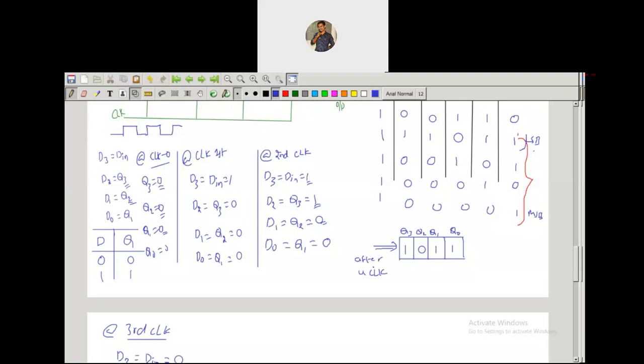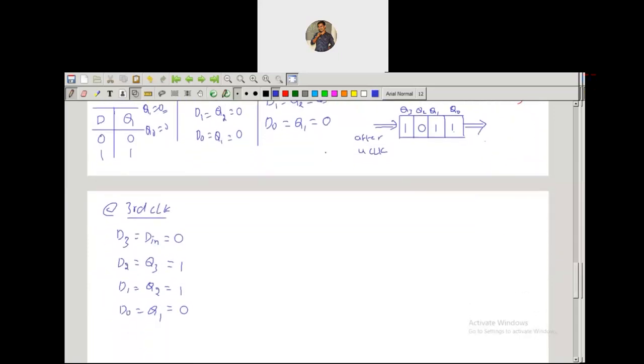Now after 7 clock pulses, you are getting the value, whatever given data is there, as serial output. This has to be extracted serially. So first we extract the 1. Already 1 is there, and after that 1, 0 and 1. So we need 3 more clock pulses. Totally 4 plus 3, 7 clock pulses are needed to get the data for the 4-bit shift register, right?